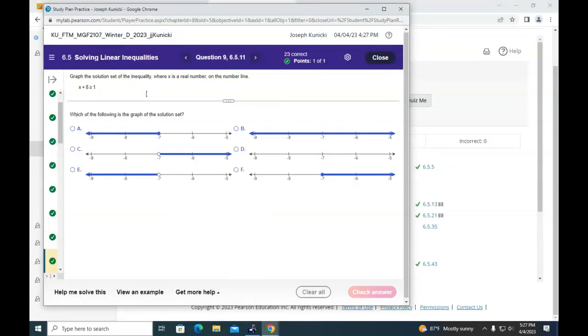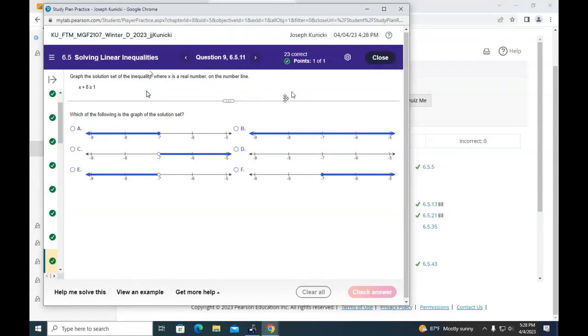So when we get there, I'll point it out to you so we don't miss that. So now we have x plus 8 is greater than or equal to 1. So what's the solution for x? What do I need to do to both sides to solve for x? If it was an equation, what would I do? Transpose the 8 or subtract 8, right? So that's the same thing you're going to do now. So what do you get? X is greater than or equal to